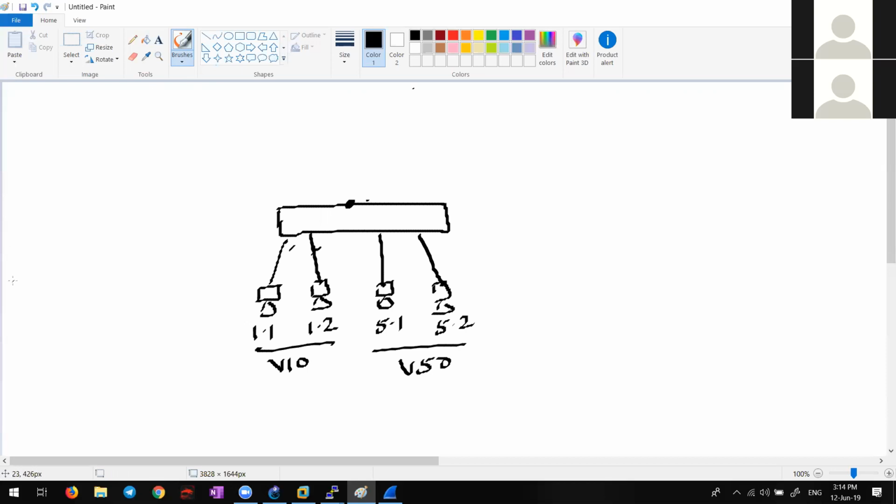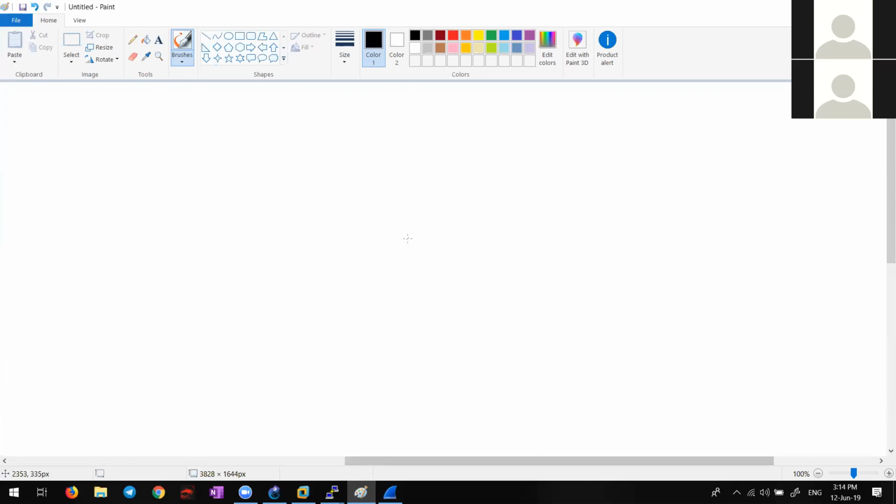This is how the connections will be. I'm just giving you an idea of the structure of a small office. 2 PCs, two switches, two layer 3 switches.